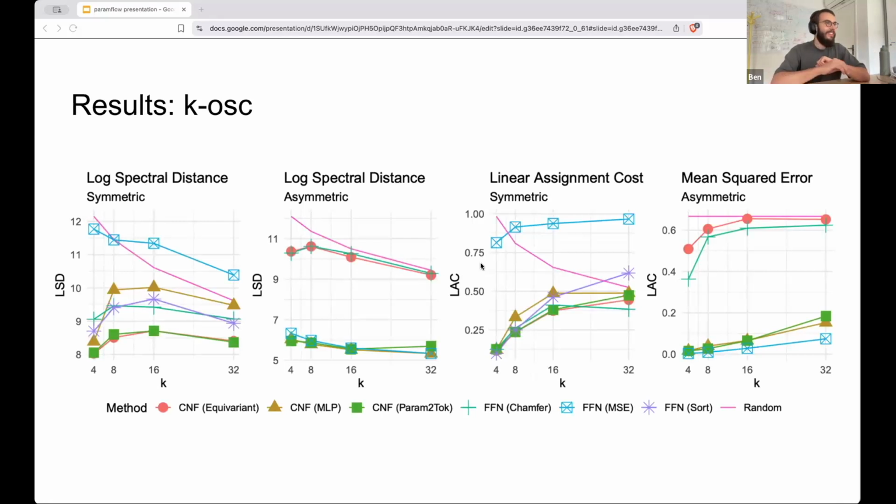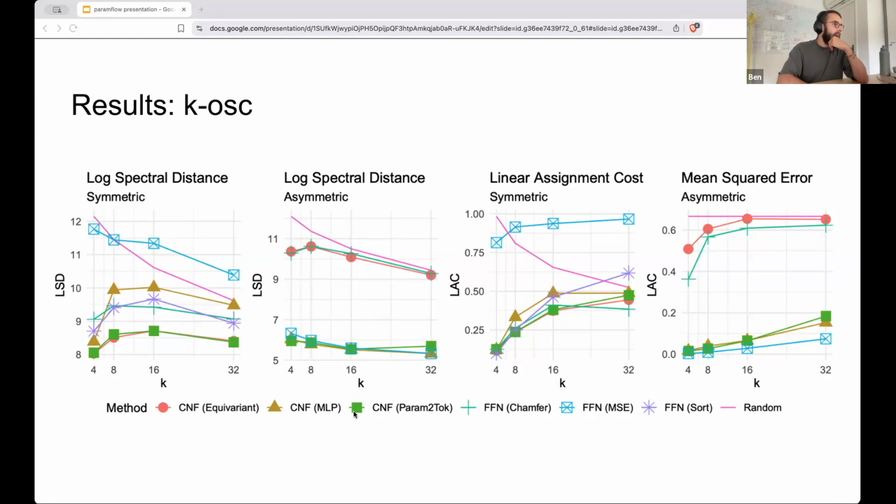Given the ticking clock, I'm going to say let's just focus on these left 2 plots, which look at audio distance. And so very interestingly, we see that the blue squares, the just feed-forward regression model, struggles, performs even worse than random under symmetric conditions. But when we break the symmetry, it's one of the best performing models. And we see the inverse of this for our equivariant generative model. So it performs incredibly well under symmetric conditions, but when we break the symmetry, it performs very poorly because it's now imposing an inappropriate constraint on the outputs.